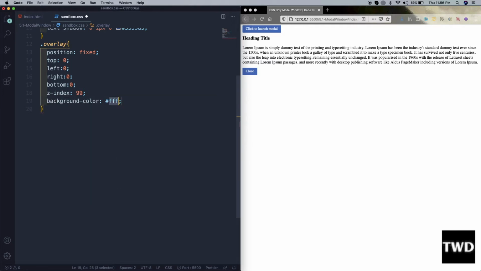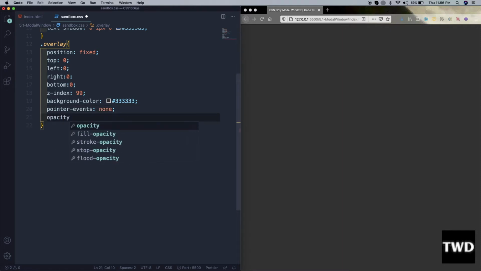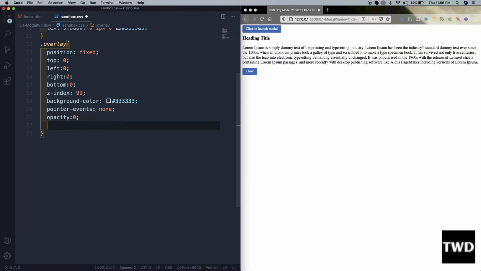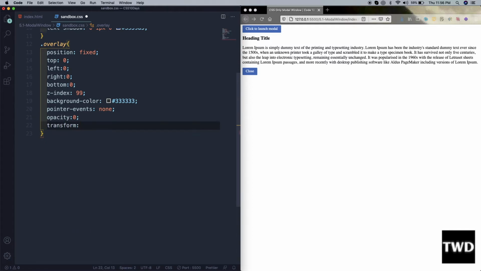background color is 333. See, now everything is gone. It will soon come back. Pointer events is none, opacity is 0, so it came back because I gave the opacity as 0. Transform is scale 0.5,